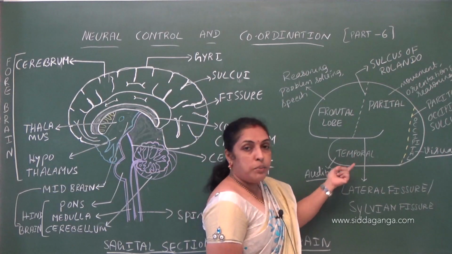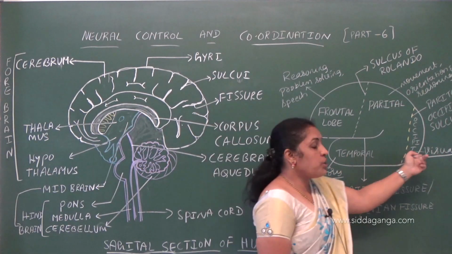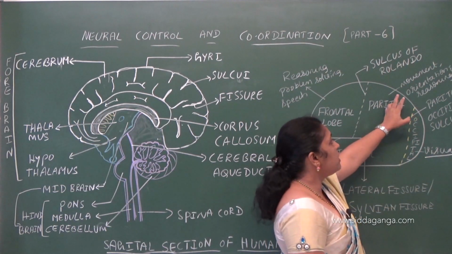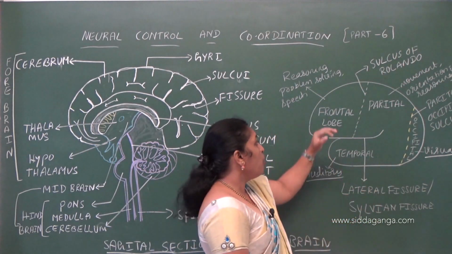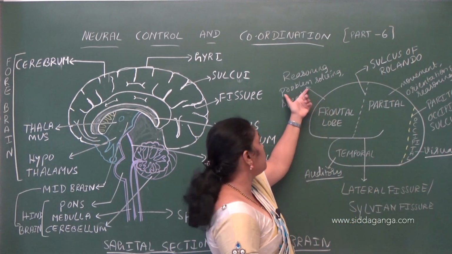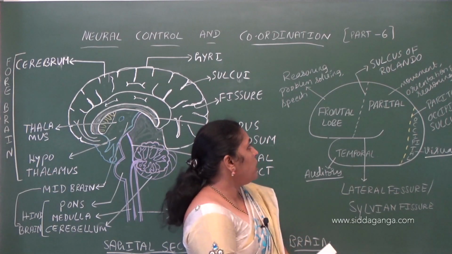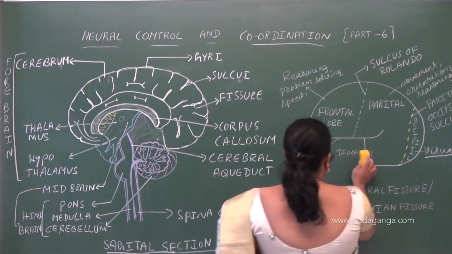And temporal is mainly associated with processing of auditory information, and occipital is associated with visual processing. In parietal, we see processing of movement, orientation and reasoning, whereas in frontal, we see processing of reasoning, problem solving, thought, speech, etc. So next we'll go with